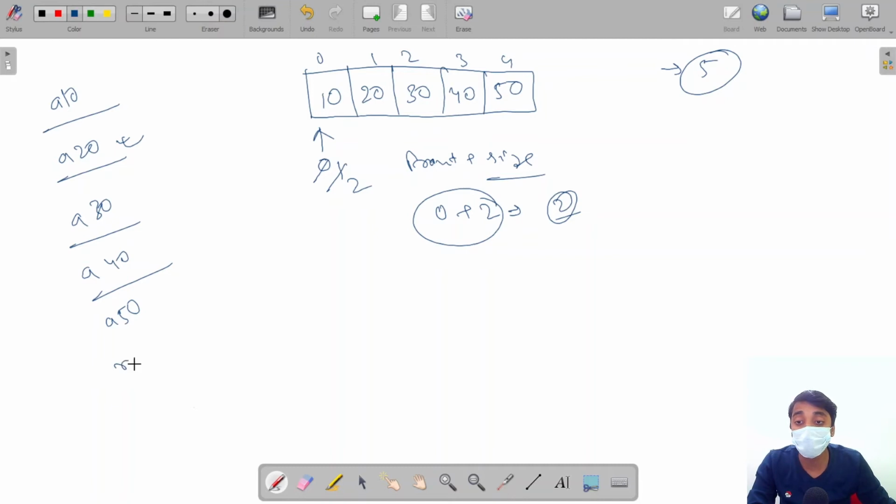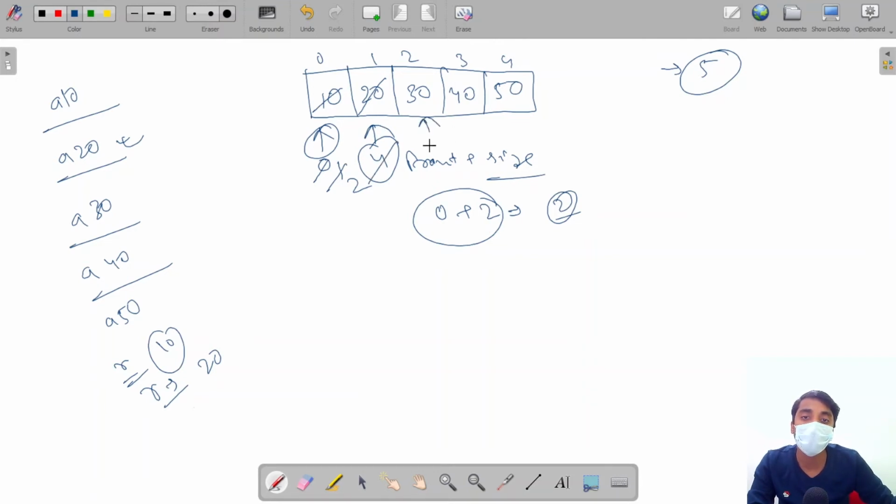Now if we ask for remove, it should remove this value here and shift the front. The size of the queue will be 4 because there are only 4 elements present in our queue. Again ask for remove. 20 will be removed. Front will point here.